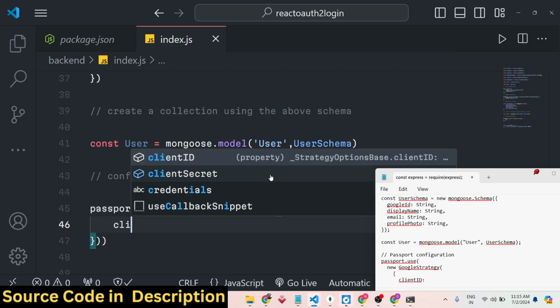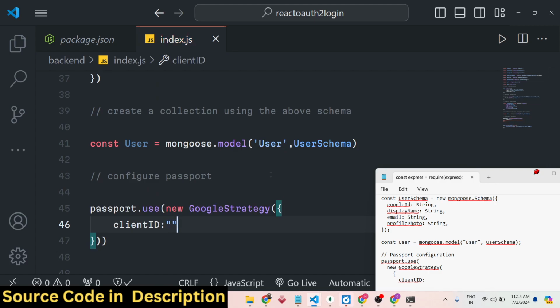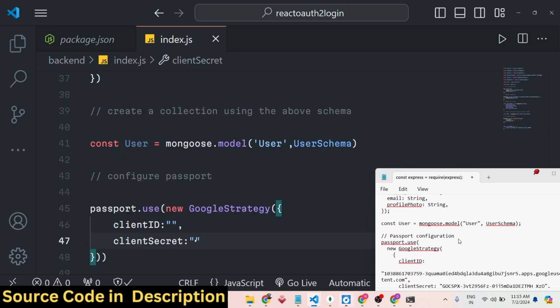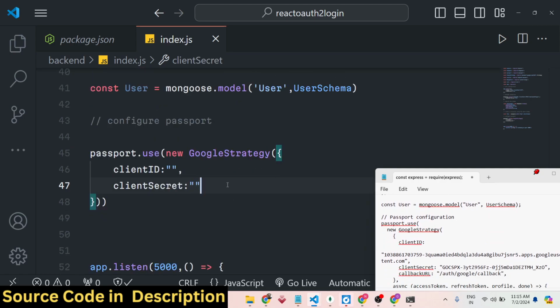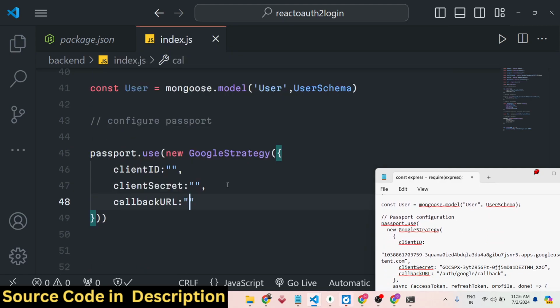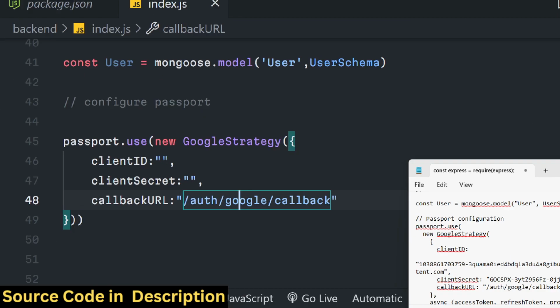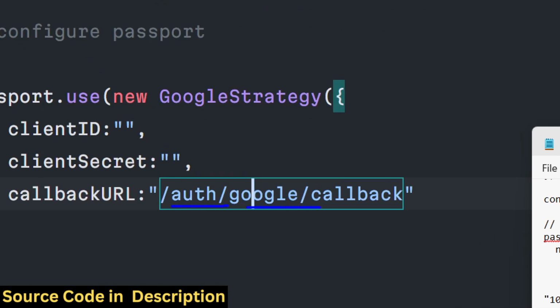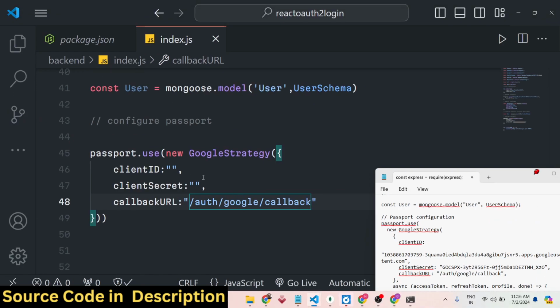And here we need to provide the client ID, and similarly we need to provide the client secret as well, client ID and client secret. And the third one is the callback URL. So this will be /auth/google/callback. This is constant for Passport.js, so you should just use this callback URL only. So this is constant, /auth/google/callback, and these two pieces of information, client ID and client secret, you will get from